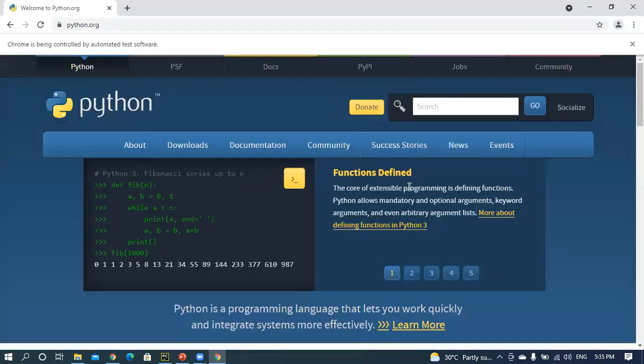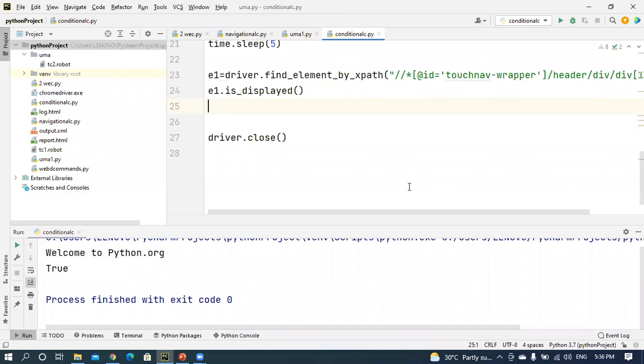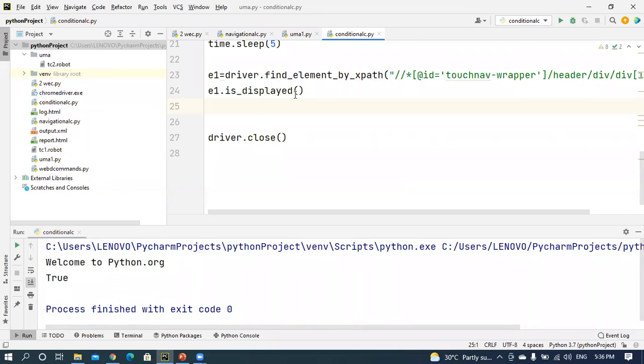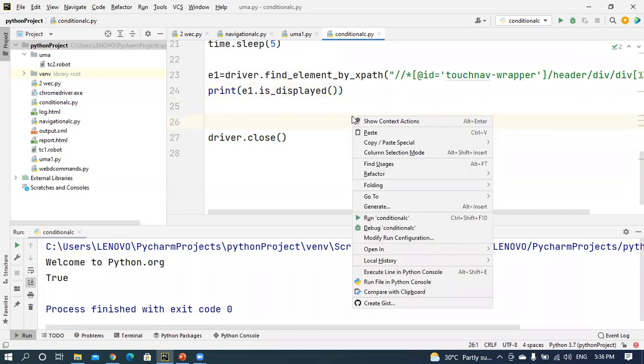First, initially go to python.org. After that, verify first whether the input box is enabled or not. Yes, if it is enabled, then it will write the Python value. After that, it will check for that particular one, enabled or not. If you want to know that information, displayed or not, you have to print the particular value. Here you have to print this value, then it will display a true or false statement.